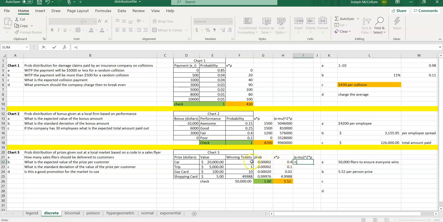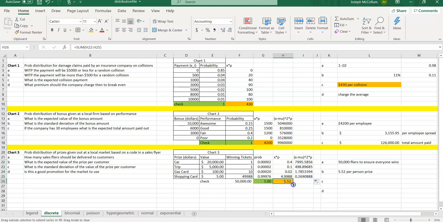I'm going to take x minus mu, so x minus the average, good thing we got the average now, squared, times the probability to weight it accordingly. Please note, I did not write this formula totally correct. I now am going to absolute reference H26, that is the mean, because the mean does not change in the formula when you utilize the variance formula. When we add across, we get this new